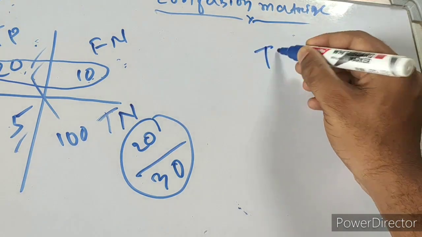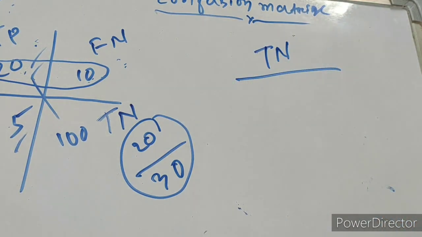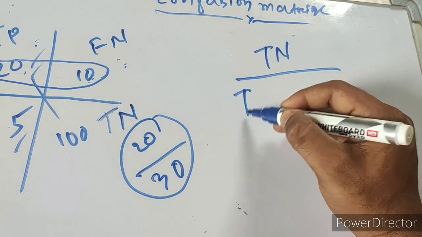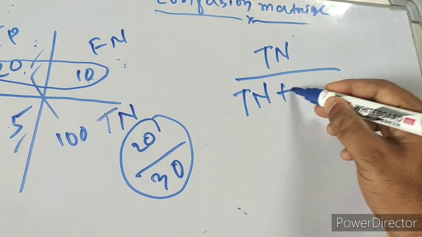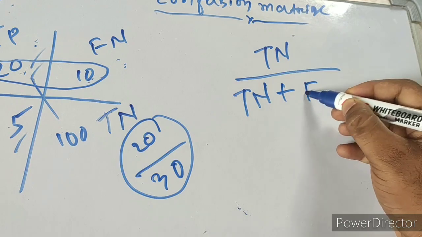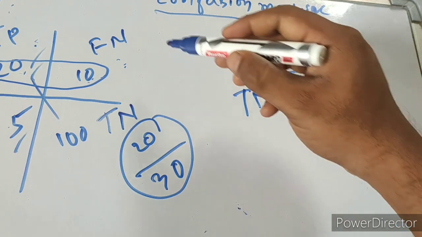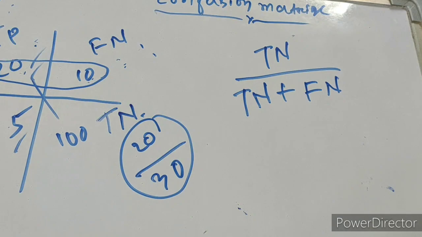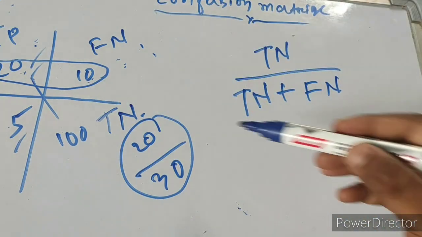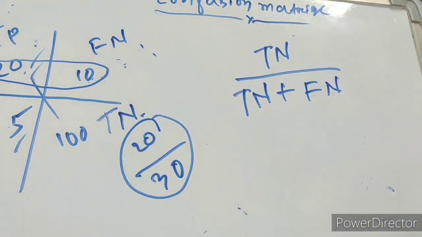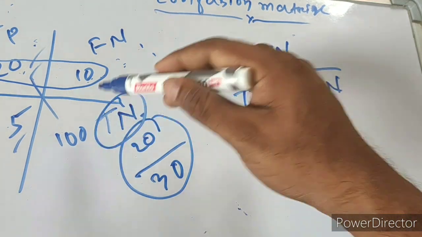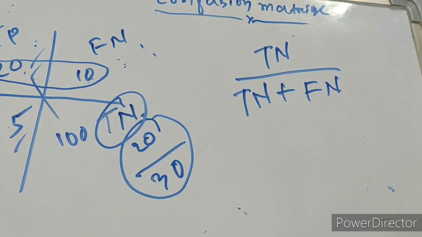It means true negative out of total predicted negative. Total predicted negative means true negative plus false negative, because these are negative values and these are predicted negative values. So out of this total predicted negative values, how many are true negative? That is for negative value. If we are considering recall